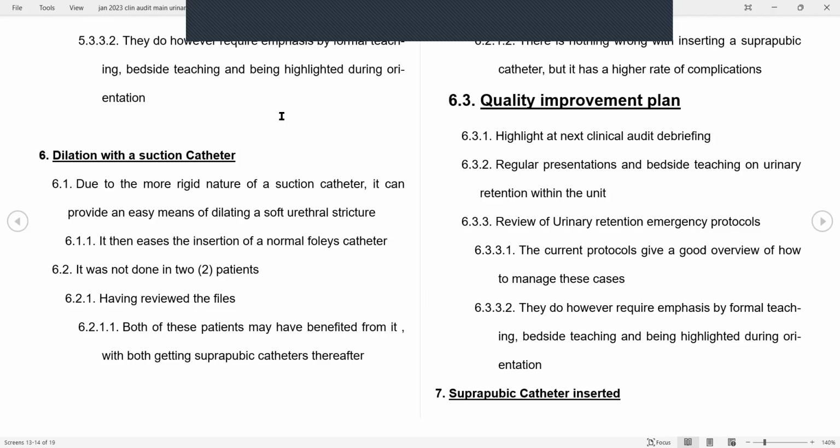You can actually feel it hitting the stricture. It's just not going through. Take a suction catheter of the exact same size first, and you slowly insert. I understand it's a very painful process. The reason being,